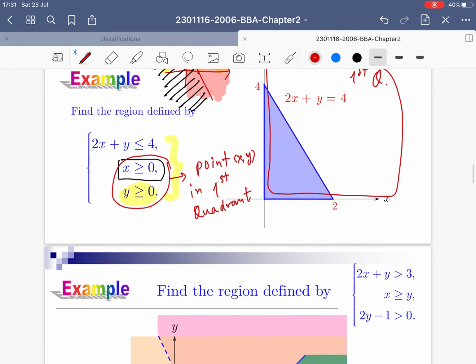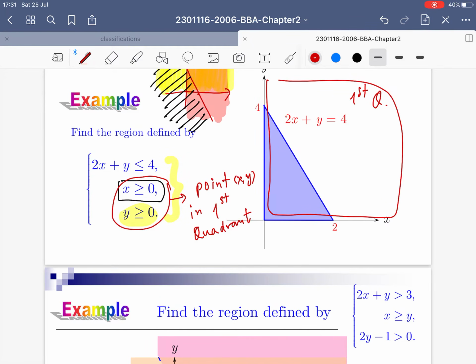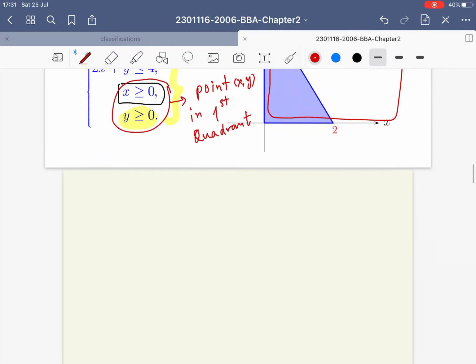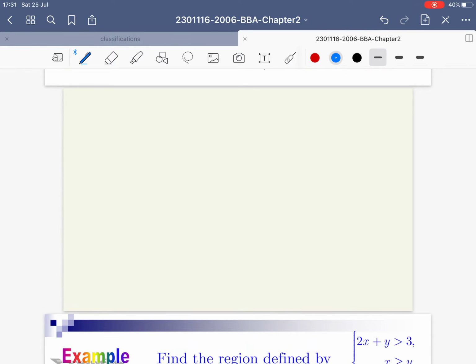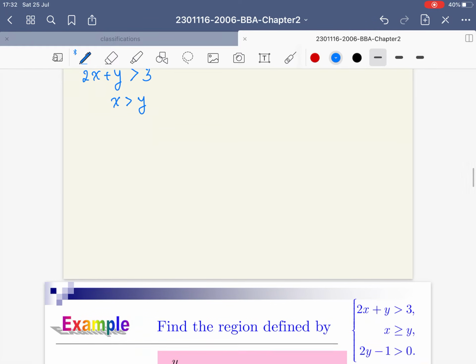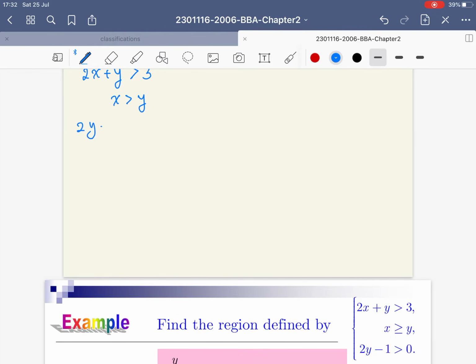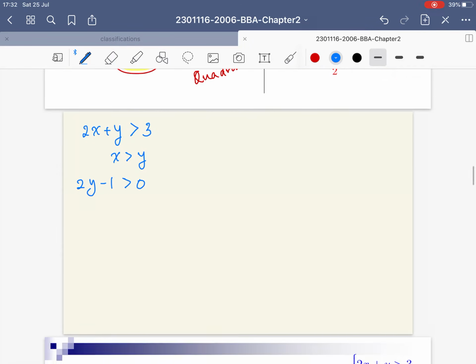So let us try to find the region by ourselves first. The region that we want to find is that your 2x plus y is greater than 3, your x is greater than y, and your 2y minus 1 is greater than 0. So let us try one by one. So the first one,